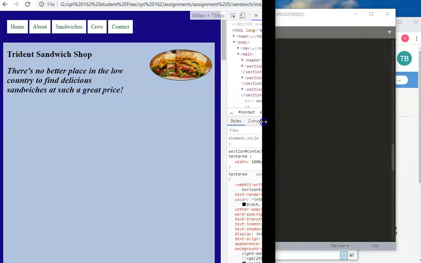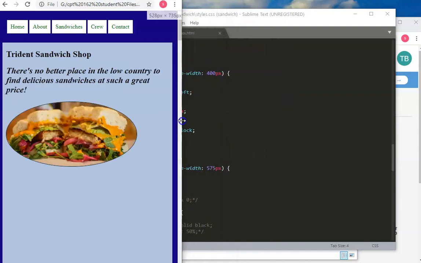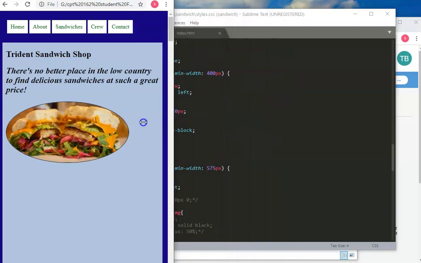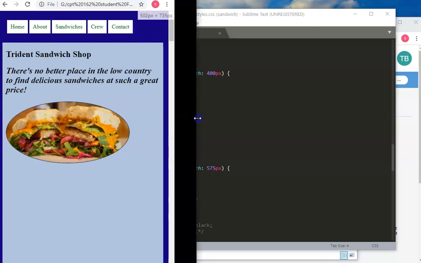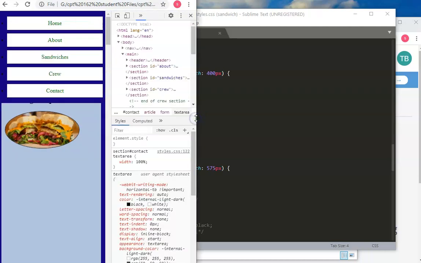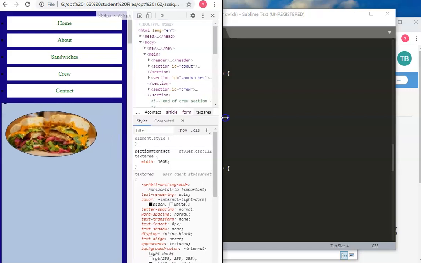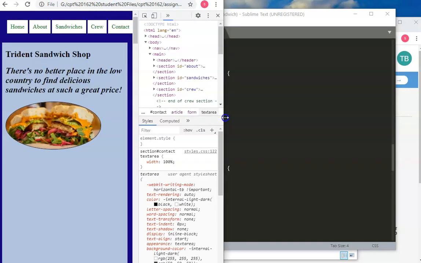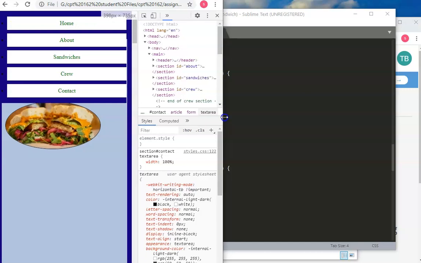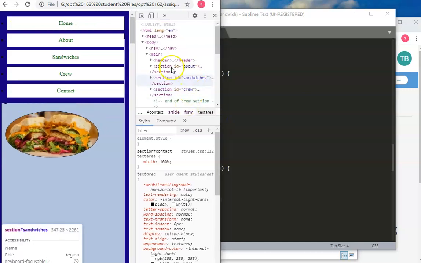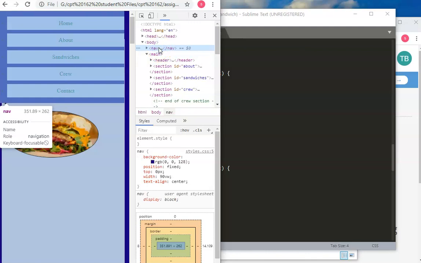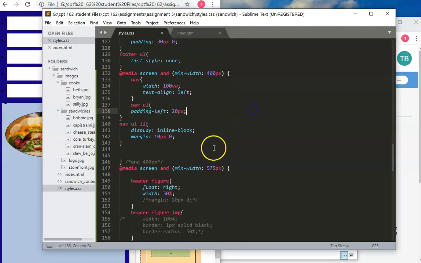And then we come back in. Should. Ugh. Come on now. Here we go. Whew. All right, so now we've got to take a look at the nav, and we can see that it's 352 in height. So we're going to have to change the